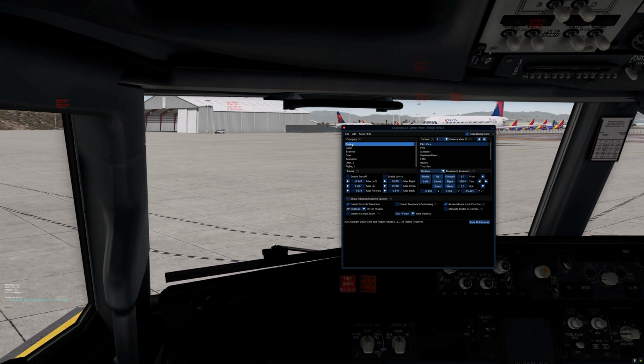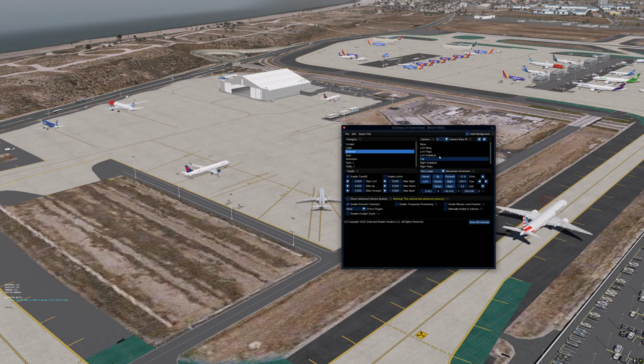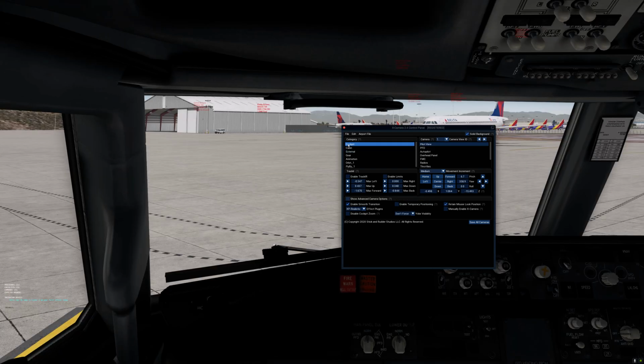I believe 2 categories: a cockpit category and an external category, and 1 view for each category. A pilot view and I believe a tail view is the 2 categories that it automatically assigns when it starts a new aircraft. Now, the easiest way to populate these new categories, and under each category you'll have a string of cameras available. The easiest way to do that without building them yourself, and I'll show you how to build them yourself in just a bit,